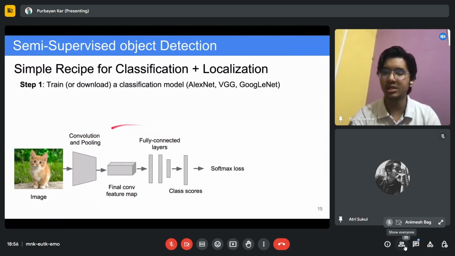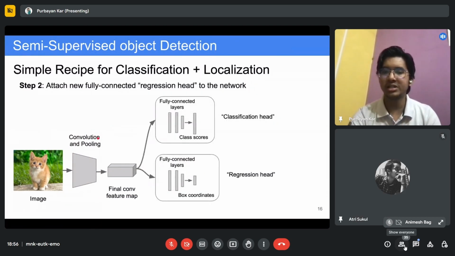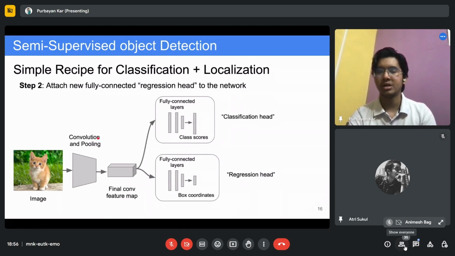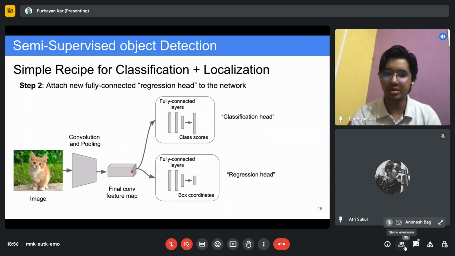You employ VGGNet, but VGGNet won't give you the final output. It will give you features of that particular image up to this portion. Then you have to employ these two heads, and these you have to design by yourself. These are some fully connected neural networks.